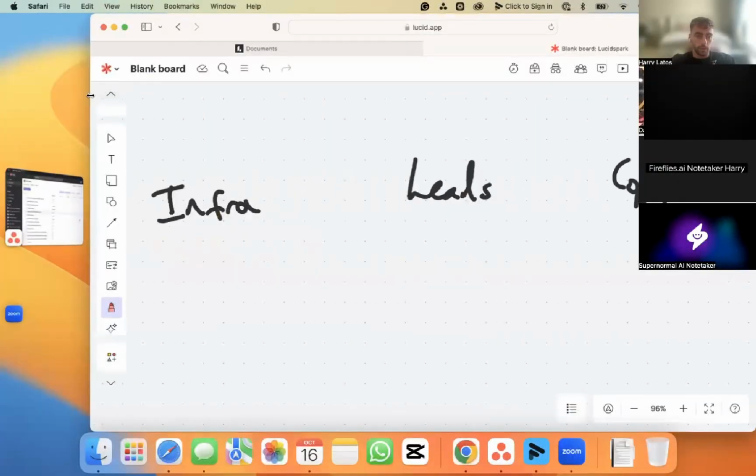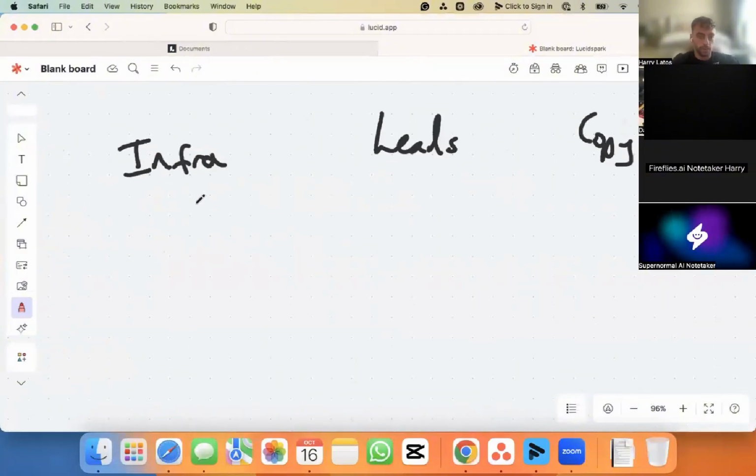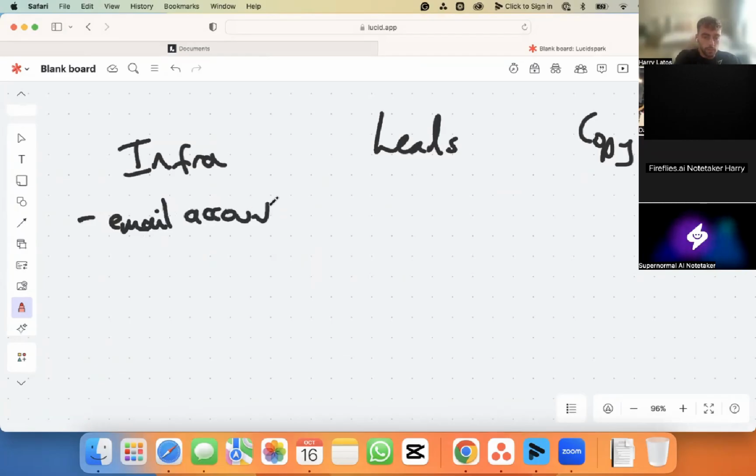And just quickly break this down. Yeah. So really I see outreach as three parts to this. Okay. First one is the infra or the infrastructure. Really what this is like a series of email accounts. Okay. So email accounts or LinkedIn. You can also do this through Facebook, Instagram. You can do outreach through pretty much any platform, but the infrastructure is basically the ability to send at mass